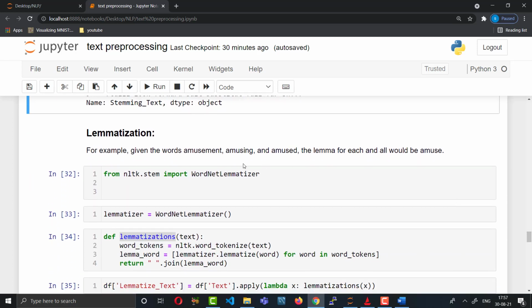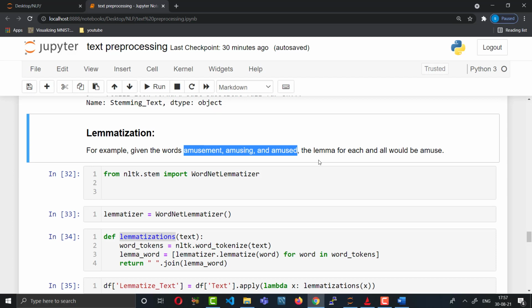Now we will look at what lemmatization is. Lemmatization is the process of converting words of a sentence to their dictionary form. Suppose we have the same example as we discussed earlier in the stemming method: the words amusement, amusing and amuse.